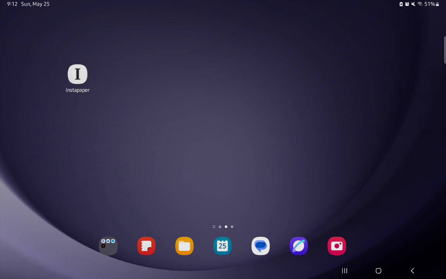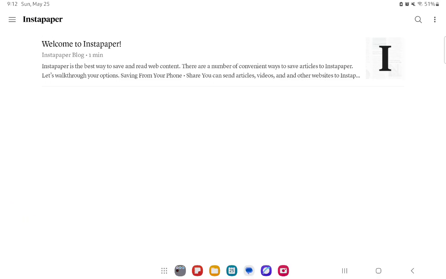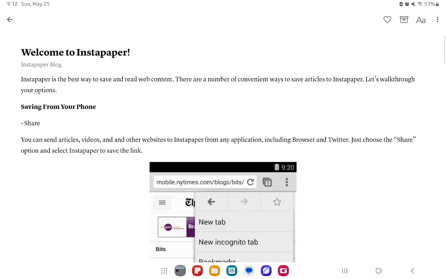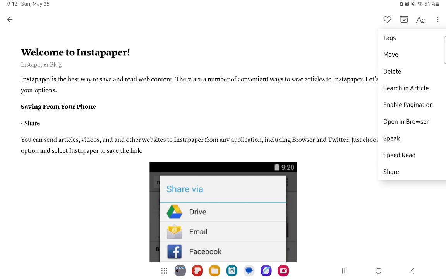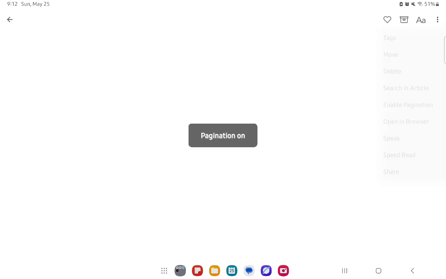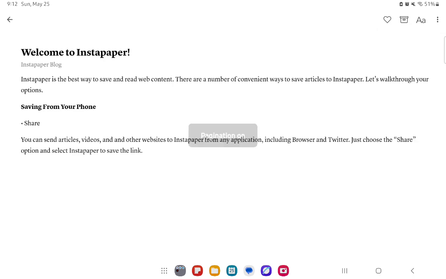The first thing you need to do is enter the app. After you're done with that and you are in the home page, you can just select an article here, and after that look in the top right corner and press on the three dots there. And now you can just press on enable pagination, and you will be able to enable the pagination with that,